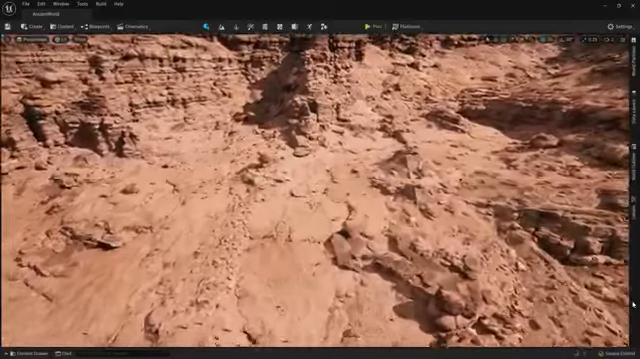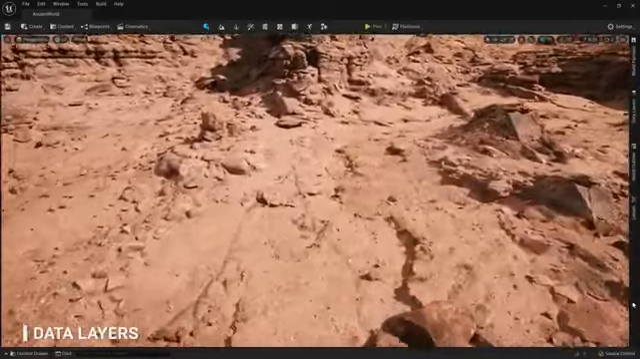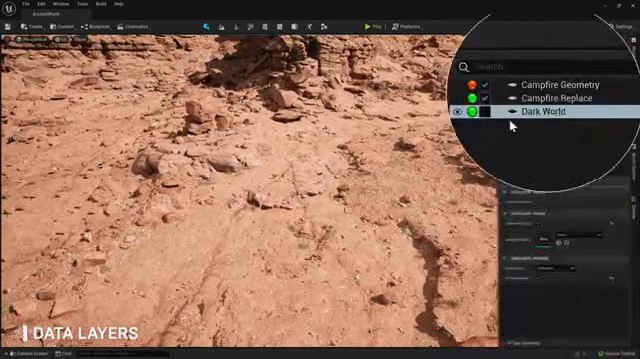Another feature that comes along with World Partition is data layers. Data layers are a way to categorize map assets and collectively enable or